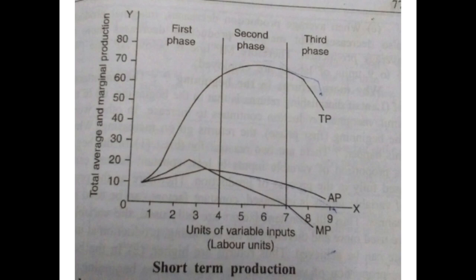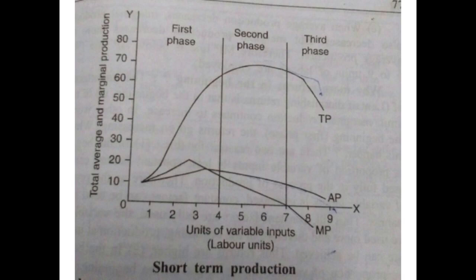In the second phase, total production reaches the optimum level, marginal production becomes zero, and so even if more units of labor are employed, there is no increase in production. So, in the second phase, how many units of labor will be employed depends on the wages paid to the laborers. One must have information regarding the optimum quantum of wages. When marginal revenue productivity and the rate of wages become equal, that number of laborers is employed in the process of production. Now we know that we are not going to stop in the first phase.